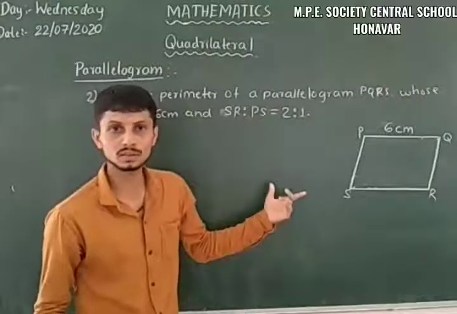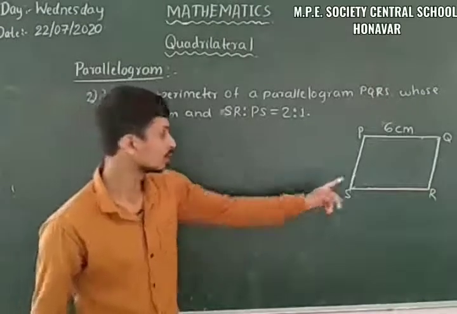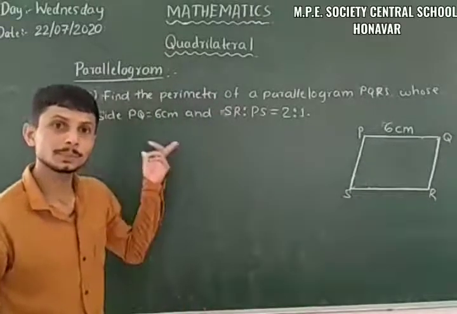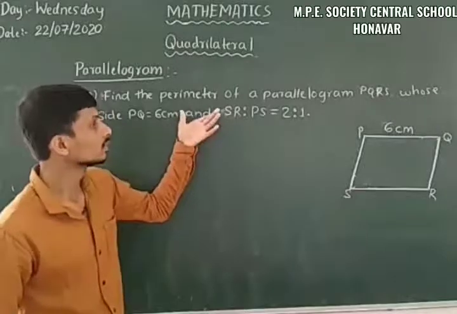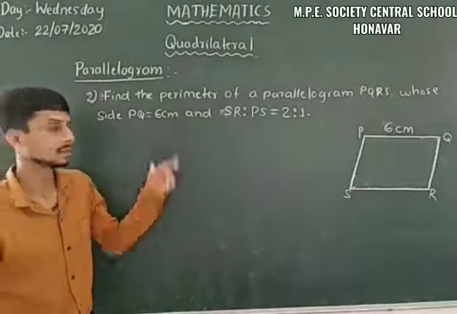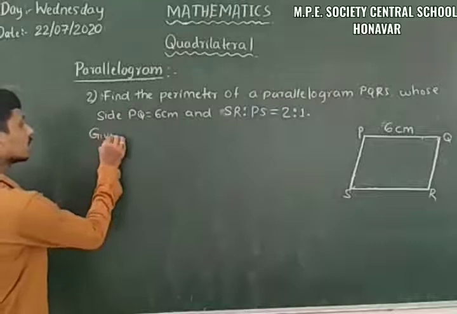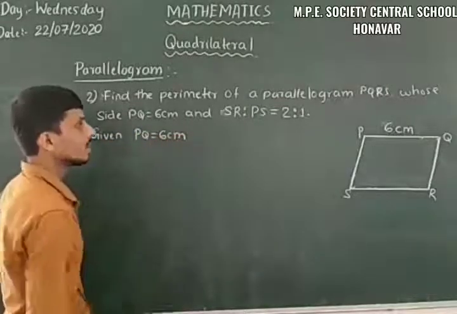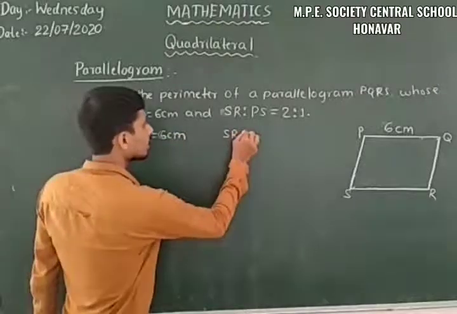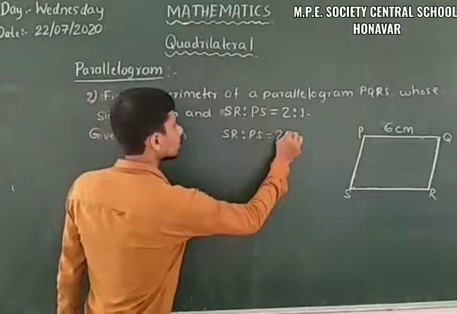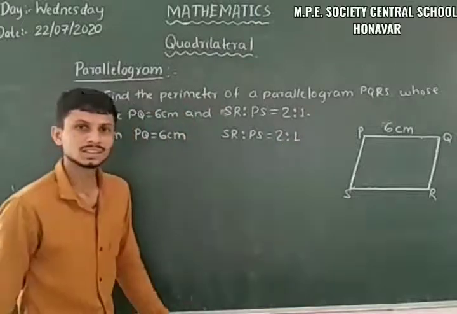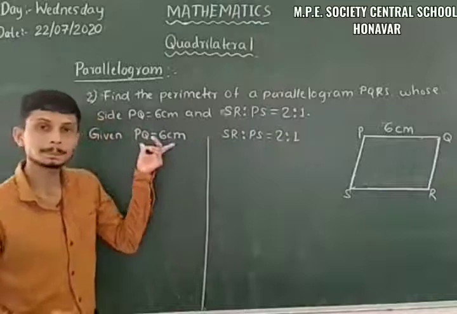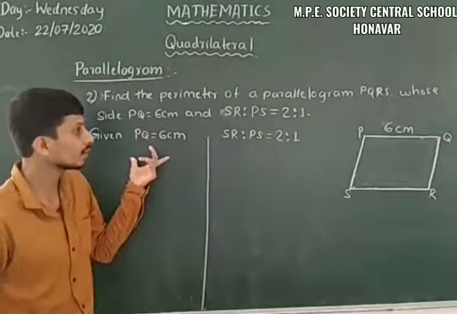So we have a ratio between these two sides. Let us solve this problem here. What is given here: PQ is equal to 6 centimeter and SR to PS is equal to 2:1. With the help of this PQ is equal to 6 centimeter, we can calculate the